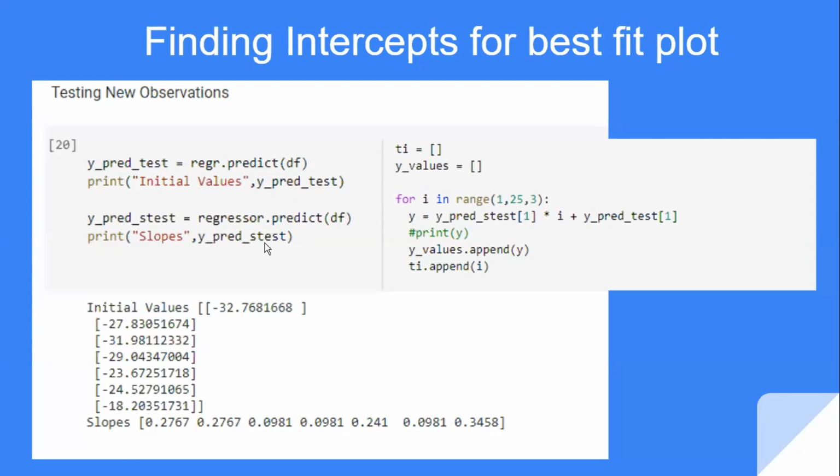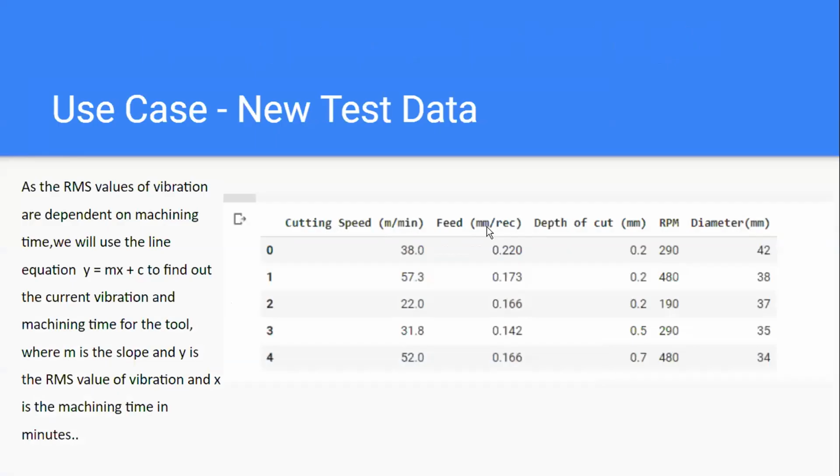What I'm trying to mention is that it's a multiple variable regression. It cannot be as simple as y equals mx plus c. It's only for one variable that you can write y equals mx plus c. In your case, there are multiple features, so finally the regression equation should be in terms of all those variables. Yes, sir. This y equals mx plus c is to predict the machining time, sir, not for the regression model. Okay.